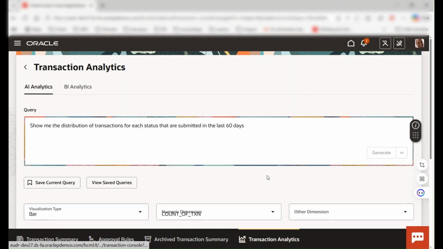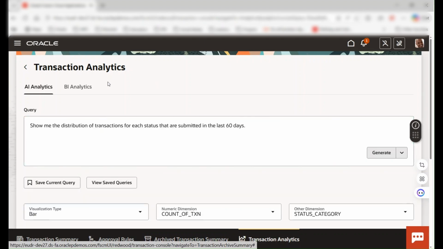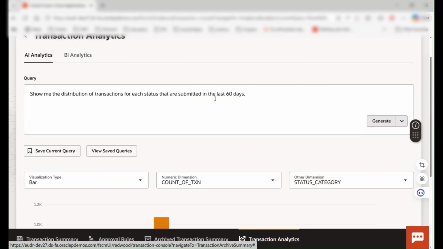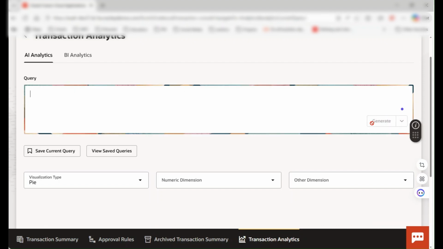Here we have a few new features. What are those? Here we have AI analytics. In transaction analytics we are getting the AI features. For example, if you see here, I have one prompt inside the query box: show me the distribution of transactions for each status that are submitted in the last 60 days. Just click on the generate option. It will generate the